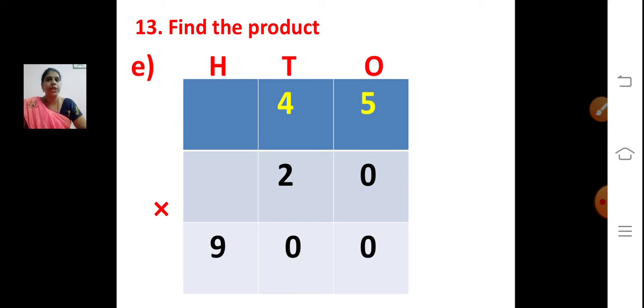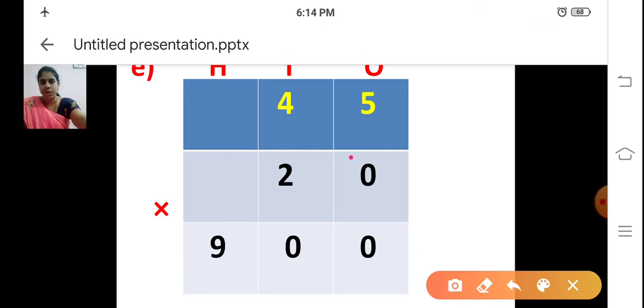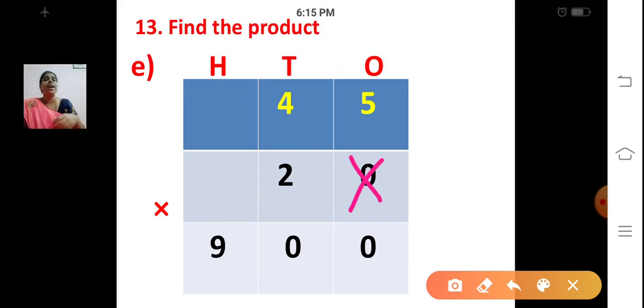We are going to multiply the two numbers, 45 into 20. How will you do the multiplication by 20s, 30s and 40s? So when you have zeros, what do you have to do? Just ignore the zero and multiply the remaining numbers. Keep that in mind. In this sum, 45 into 20, just ignore the zero. We'll write this 0 at the last of the answer. Okay, so 45 into 2. If you multiply 45 into 2, we'll see what answer we are getting.